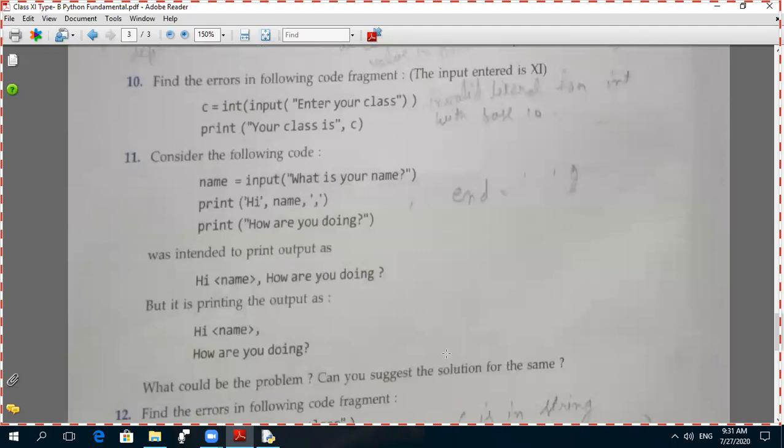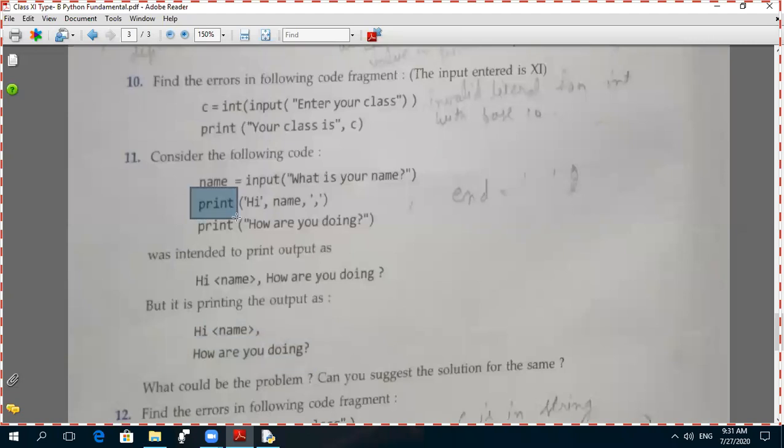This topic I explained today also. Print statement, end equals to single quotes open, single quotes close. Then only it will display like this in a single line. Otherwise, it will display in a separate line because of this print statement. Print statement always prints our message in a separate line.